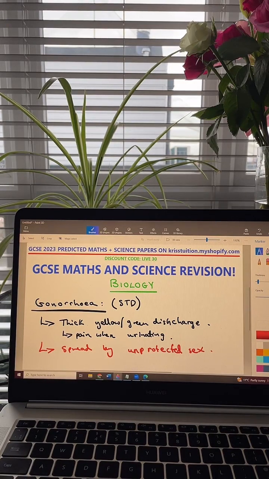In terms of preventing it, well, barrier methods. Shared needles, not quite. No. Shared needles is more for HIV/AIDS. For gonorrhea, it's more to do with sexual intercourse, and the way you avoid it is through, like Deepak is saying there, contraception, which is a very good way of avoiding it. If you do have gonorrhea, you treat it as quickly as you can with antibiotics. This is one of those where you would want to treat it with antibiotics instead of leaving your body to do all the work, because you want to treat it as quickly as possible. Okay, so there we go. There's another one that we need to know.